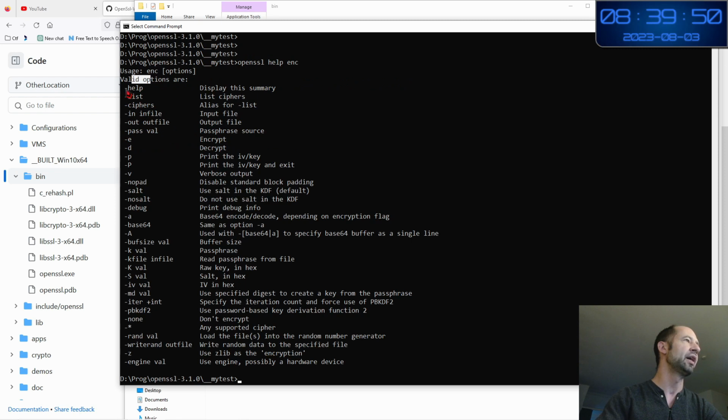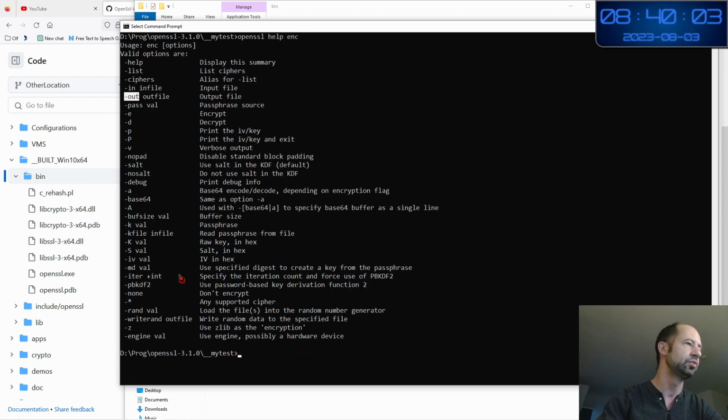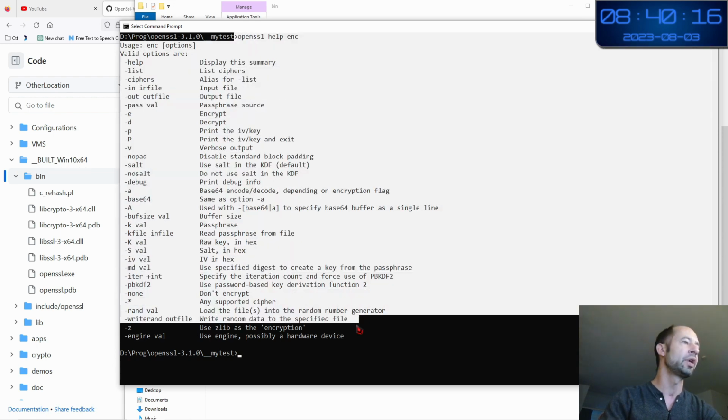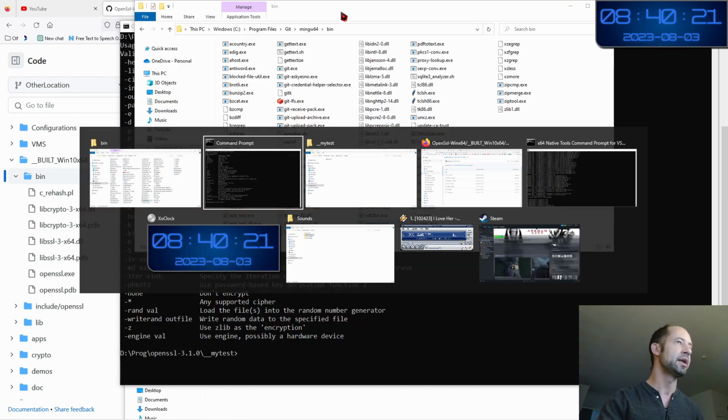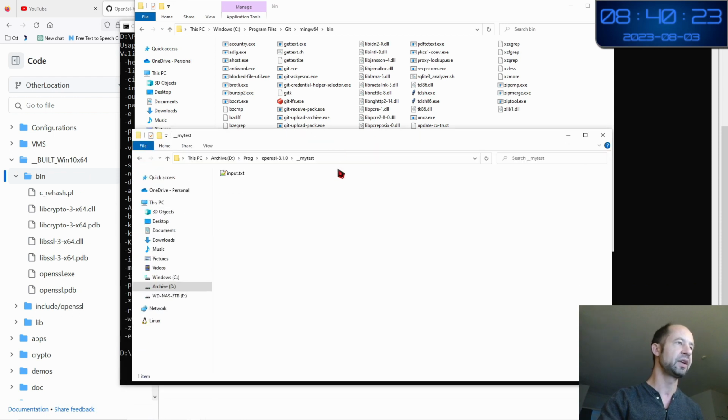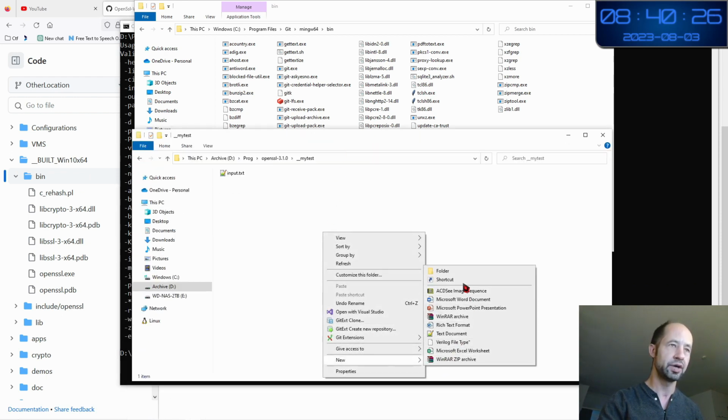The valid options are: -help, which displays the summary; -list, which lists the ciphers; -ciphers, which is an alias for the list; and then you have input file, output file, etc. We are going to see together how to use all these parameters to be able to encrypt a file. First, for reference, I will take this and put it in my current directory where I will work.